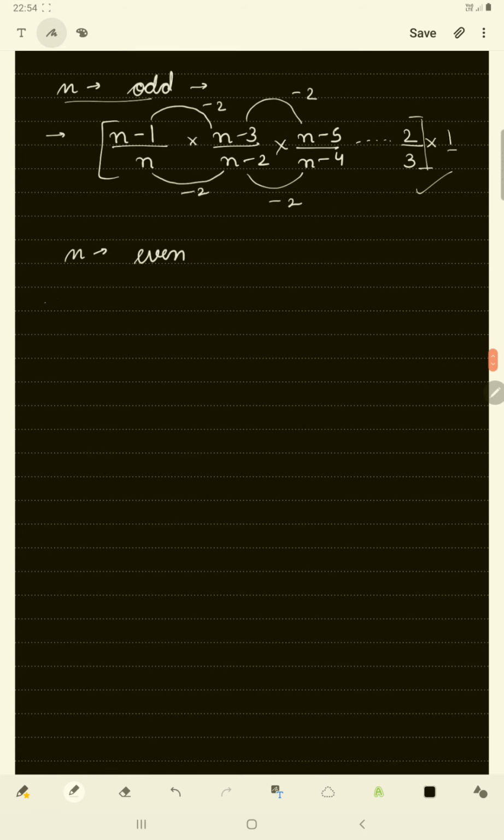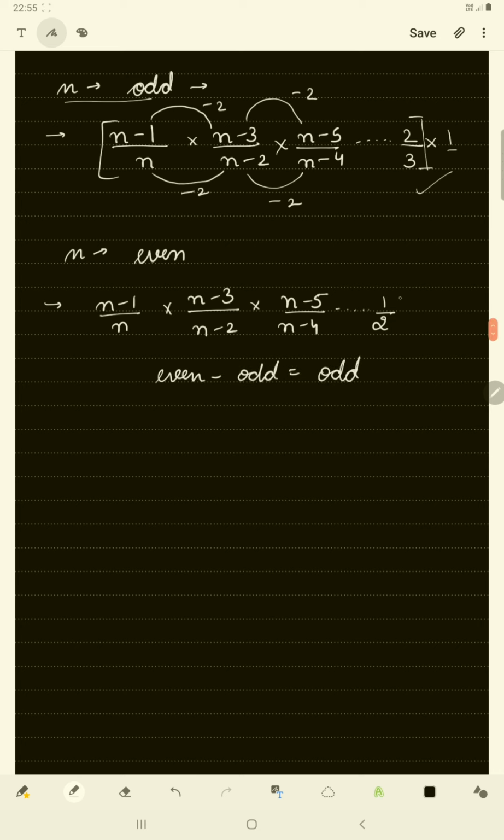can do it by using the similar formula, which is this into n minus 3 upon n minus 2 into n minus 5 upon n minus 4. Now the thing that is going to differentiate is that we will get a 1 by 2 from here, because n is even. When we will subtract a 2 from it, we will get an even. Since we are subtracting 1 and odd numbers, these are all odd numbers, and since when we subtract even and odd, we get an odd number, which is 1. So the least odd number that we can get is 1.